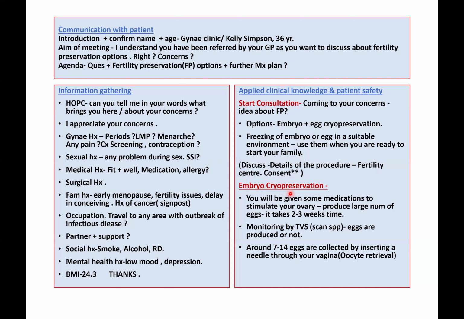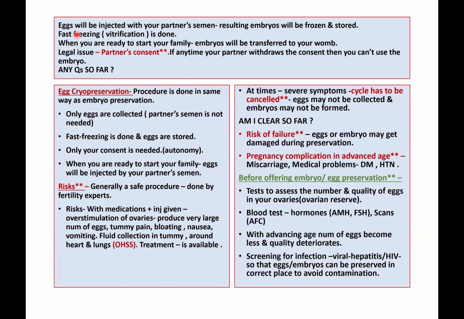So coming to the embryo preservation, you will be given some medications to stimulate your ovary. They will produce a large number of eggs and it takes about 2 to 3 weeks. Monitoring will be done by the scan from down below to assess whether eggs are produced. This will be done by the scan specialist. Around 7 to 14 eggs are collected by inserting a needle through your vagina. These eggs will be injected with your partner's semen and the resulting embryos, that is, babies, will be frozen and stored. Fast freezing is done, and when you are ready to start your family, these embryos will be transferred into your